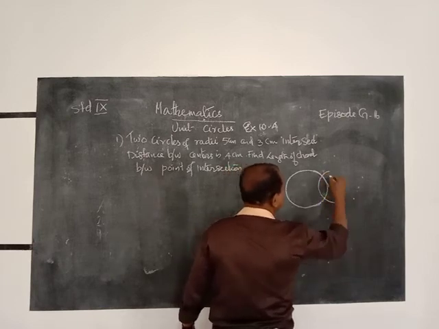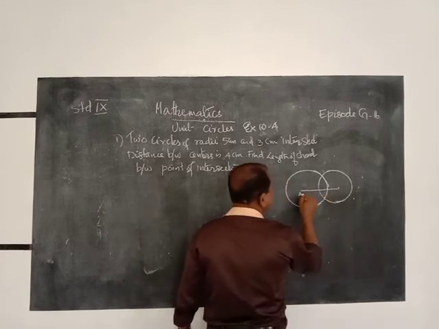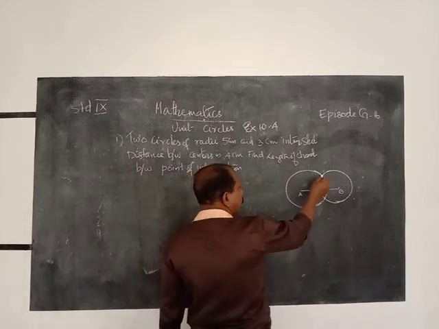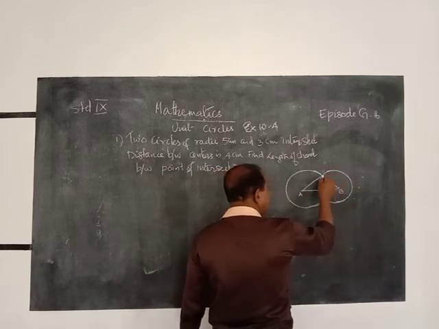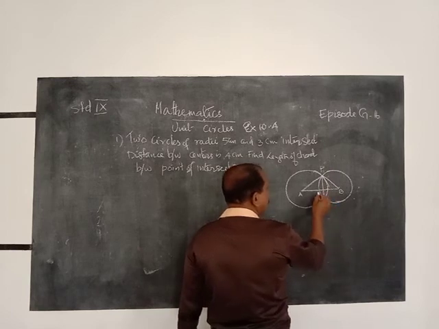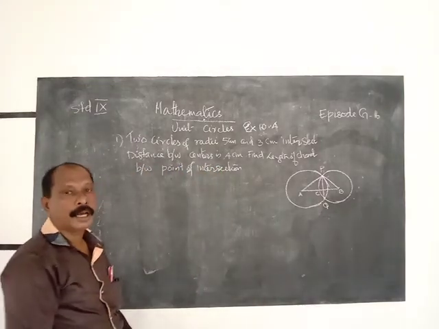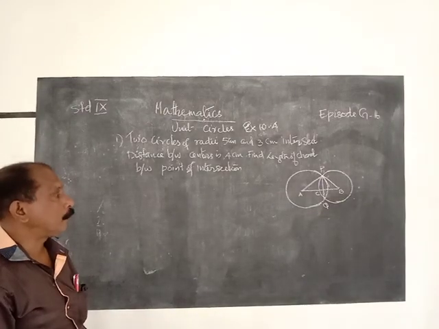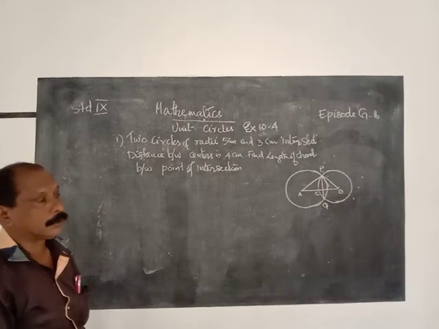That is the smaller circle. And the distance between these two points, that is AB, is 4 centimeters. These are the radius of the first circle and the radius of the second circle. This is the point of intersection P. Consider this point C. Then we can find out the length of that chord PQ. A chord is the line joining the points of intersection of two circles. P and Q are the points of intersection of the circles. A and B are the centers of the circles.